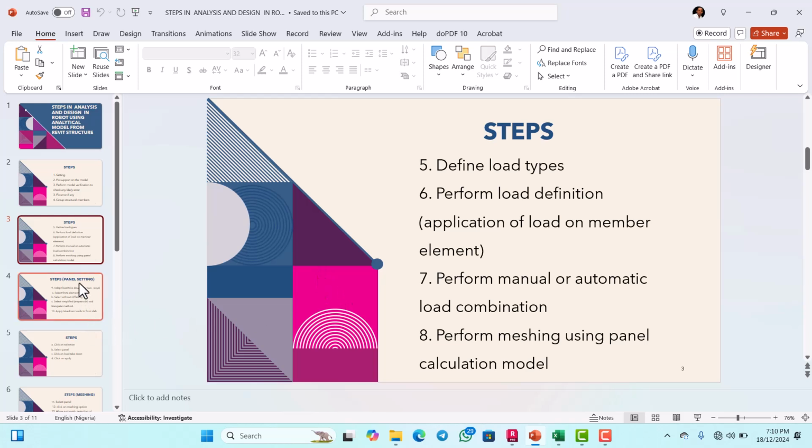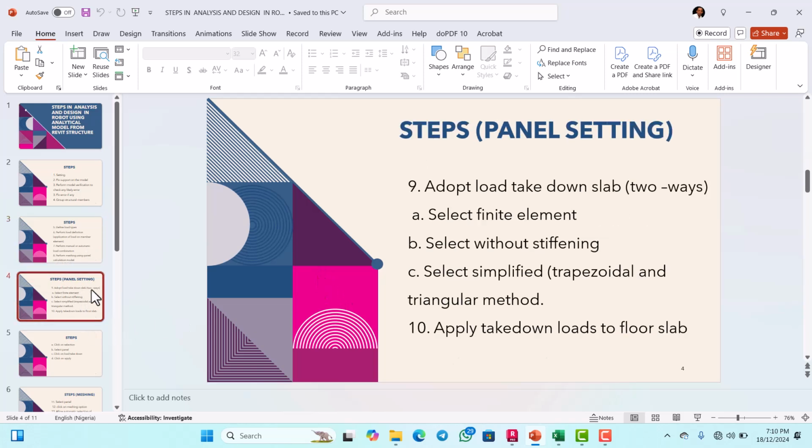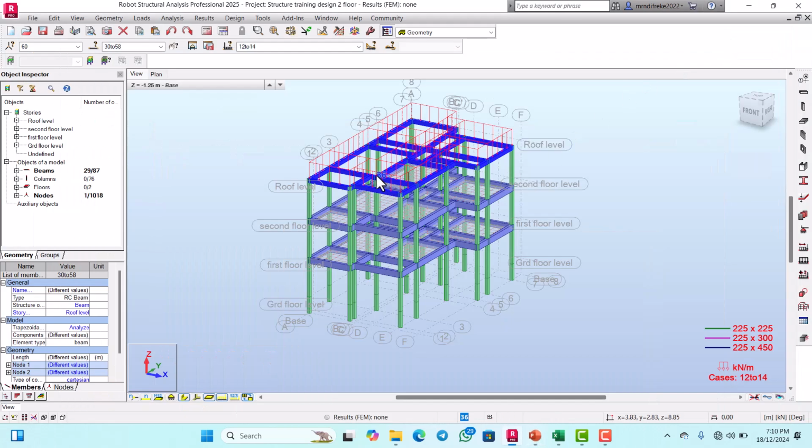We do panel setting. So we are going to do panel setting right now. Okay. So to do that panel setting, so what we will do is for us to click on